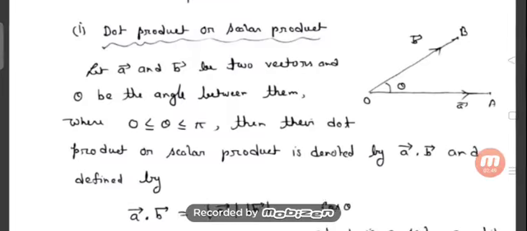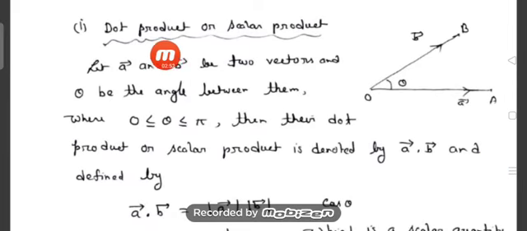So first I'll go to the product of two vectors by using dot product or scalar product. For this purpose, let a bar and b bar be two vectors and theta be the angle between them. You try to remember the definition. So here, OA bar is equal to a bar and OB bar is equal to b bar. These are two vectors, and we consider the vectors a bar and b bar in such a way that the angle between them is theta. And you see, this theta can vary from 0 up to pi.